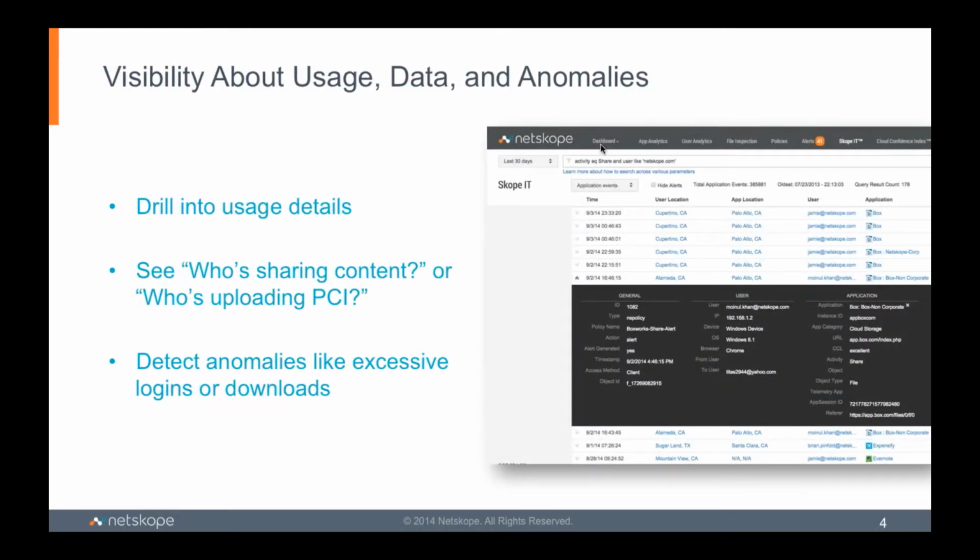are. And we also provide very rich visibility of data as the data passes through our cloud proxy solution. And we can answer questions like who is sharing certain content with a cloud storage application, or who is uploading PCI.